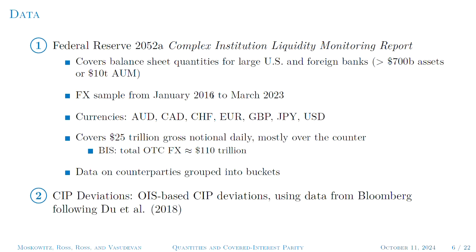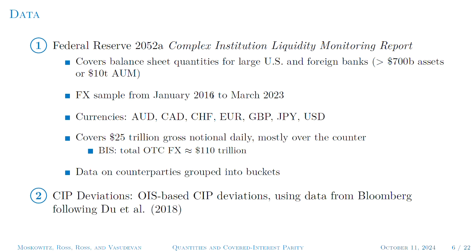So the data that we're going to use is the Fed's 2052A data, commonly thought of as the LCR data. This data covers balance sheet quantities for large US and foreign banks. And the FX sample that we're looking at is between 2016 and 2023. We're looking at 6 currencies against the US dollar. And the data covers about 25 trillion gross notional daily, which is primarily over the counter. And this is quite large and substantial relative to the BIS estimate of the total over the counter FX market